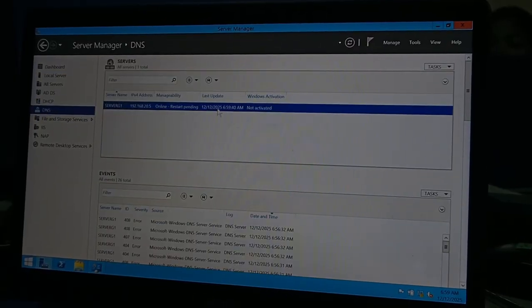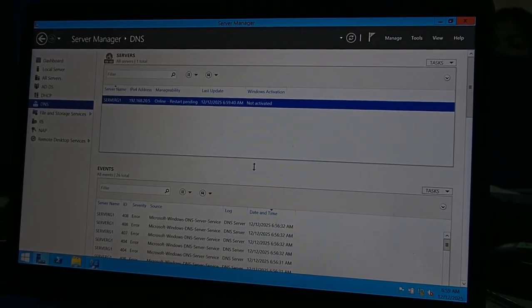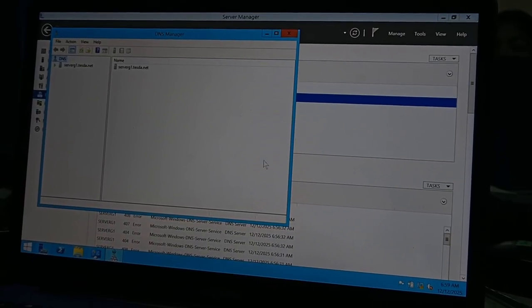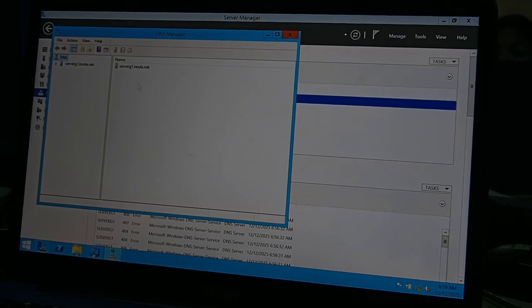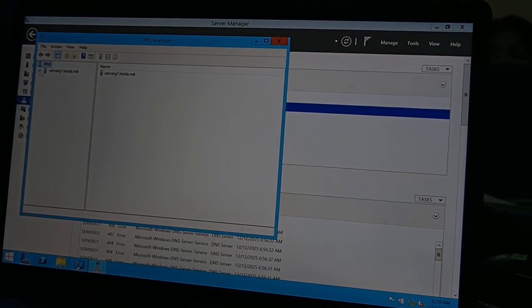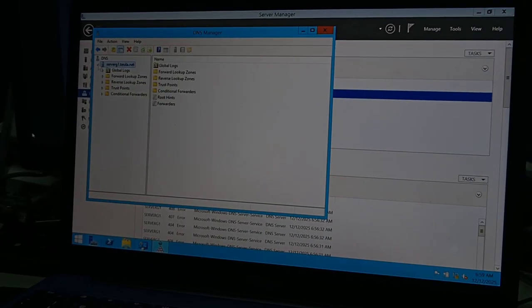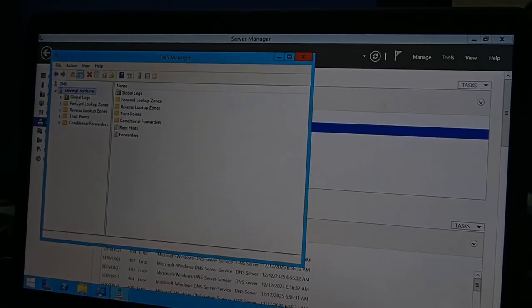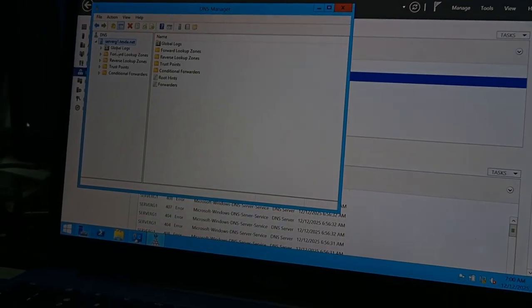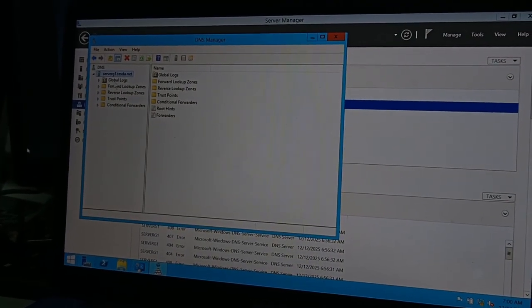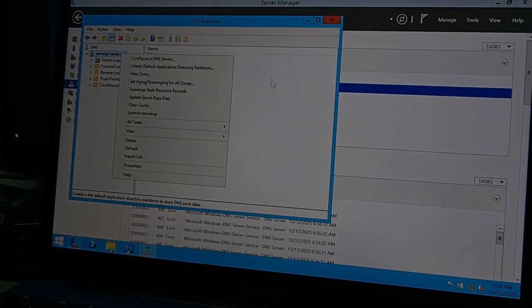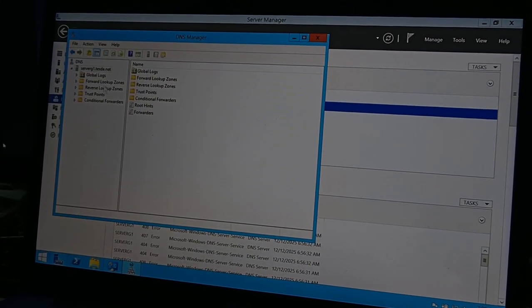Just go to the DNS server, DNS Manager, and now we are going to click on the test.net folder and we are now going to check the associated pointer name of our